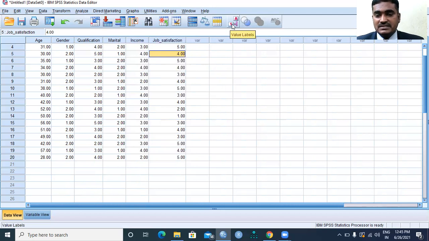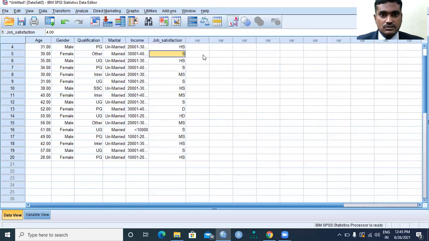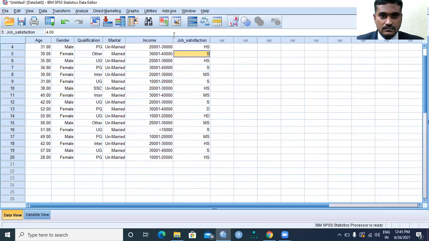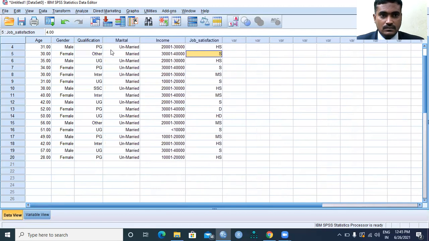This will tell us about the value labels. Suppose these are the codes we have given here. If you want to view the value labels, just click it. It will show you like this. This is what we call the value labels.